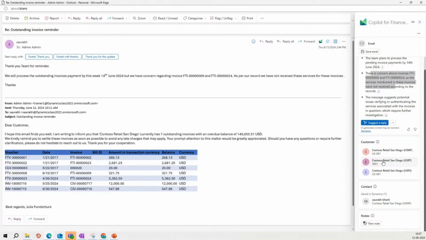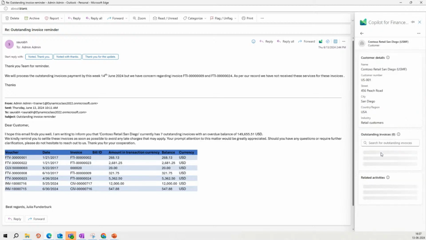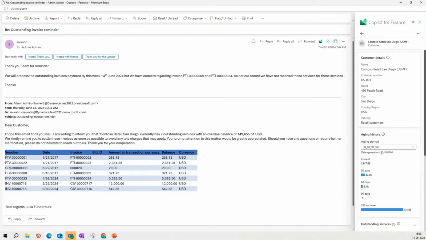So it is extracting the customer list from all the legal entities so that the collection agent can pick the customer from the right legal entity. So let's say if we have sent this for USMF, I can quickly select the USMF customer from here. Now, the moment I select it here, and just imagine all these things are happening without going into the finance